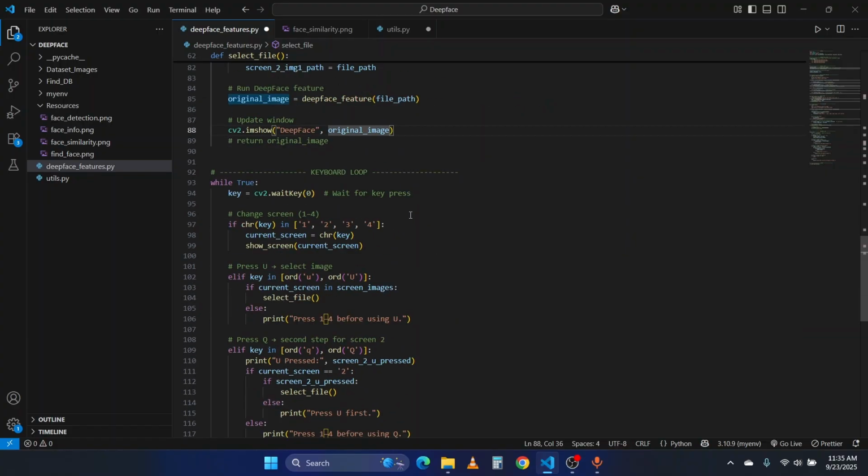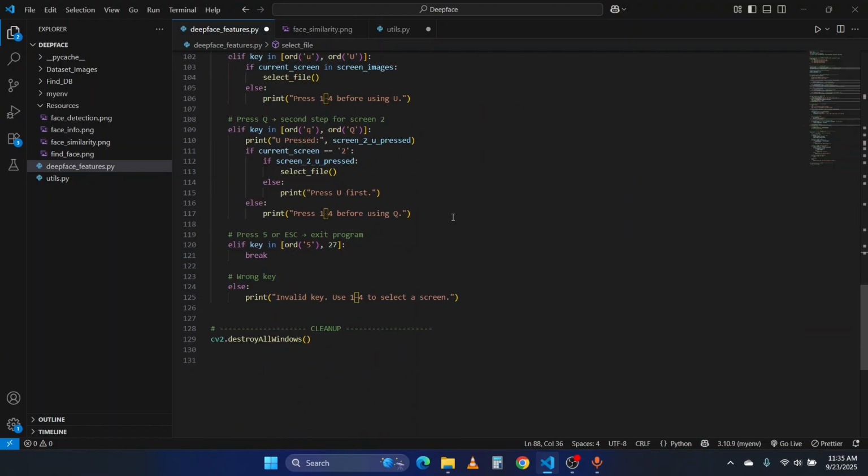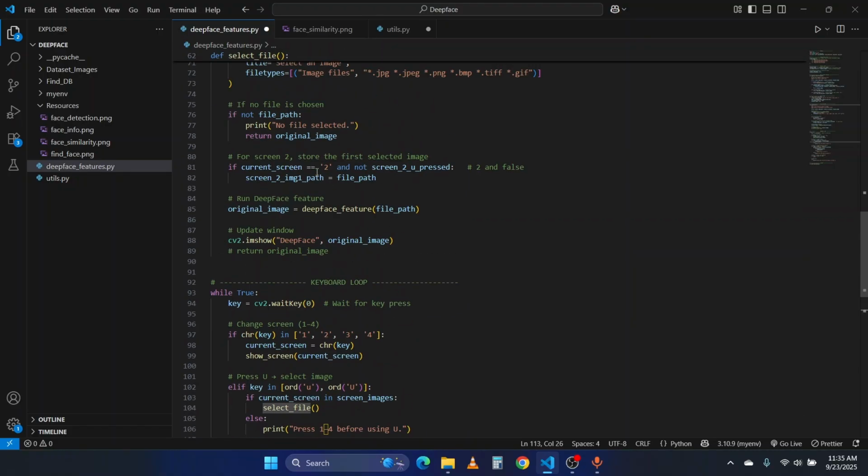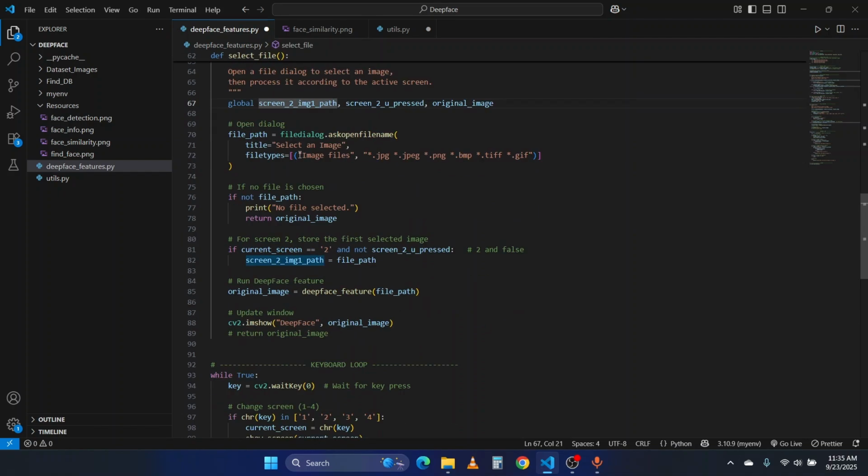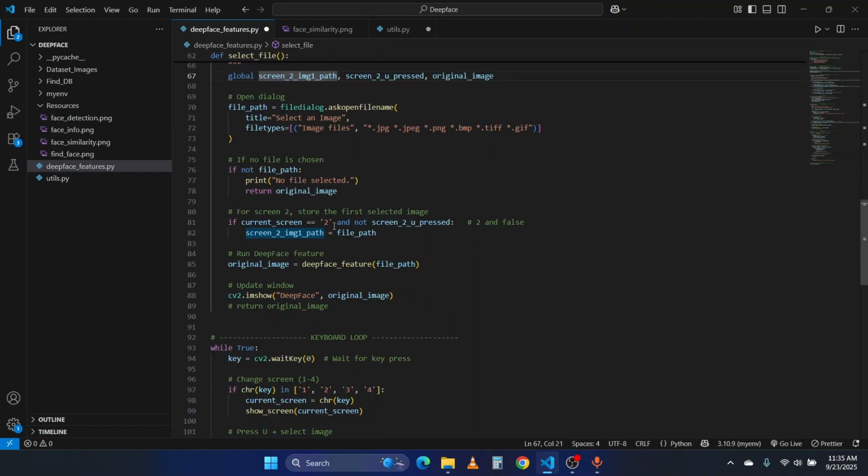Now it is true. Now again, when I press Q, it will check whether U press is true. Yes, U press is true, because U is pressed. Then it will select the file. Yes, it will go to here and ultimately come to here. Then it will check whether current screen is true. Yes, current screen is true, and not current screen to U press means